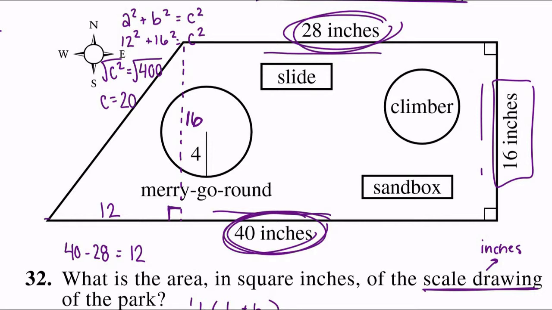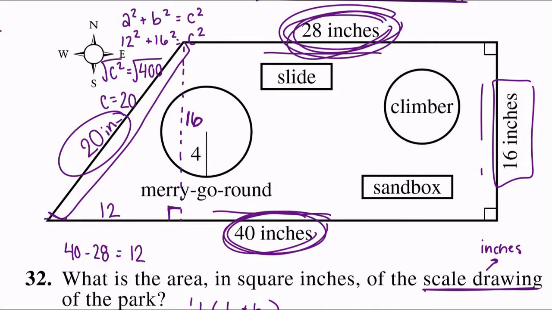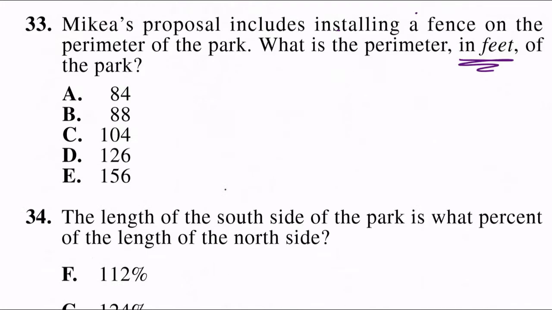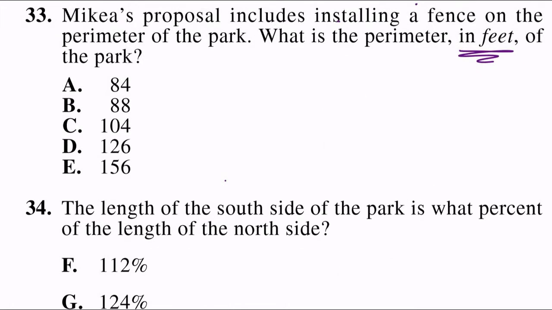So that tells us that this side length right here is equal to 20. So our four side lengths are 20, 28, 16, and 40. So now we can just add those up. 20 plus 28 plus 16 plus 40. And that is equal to